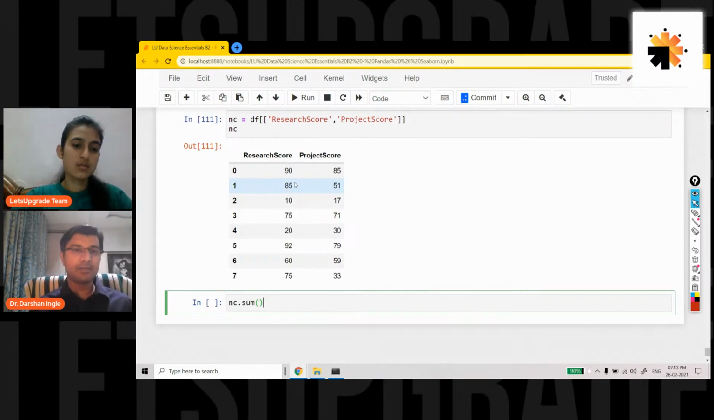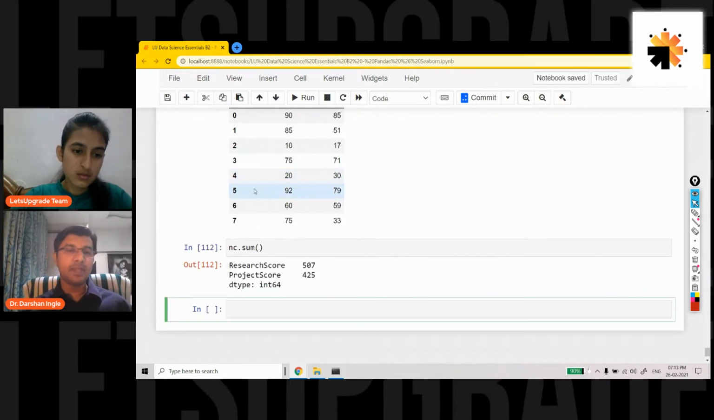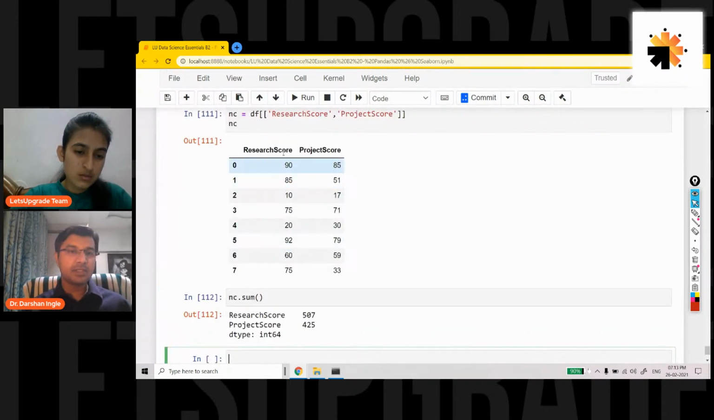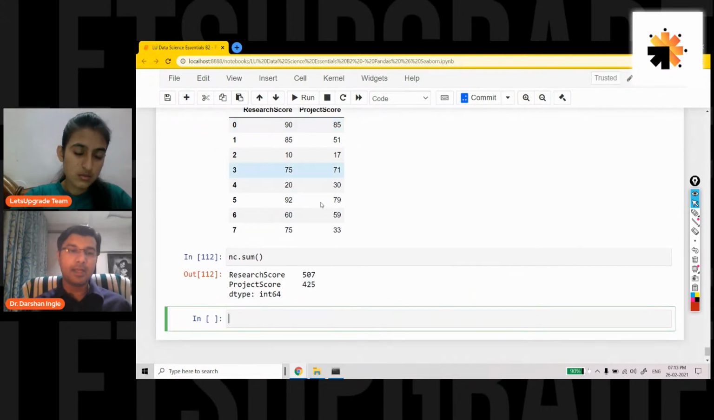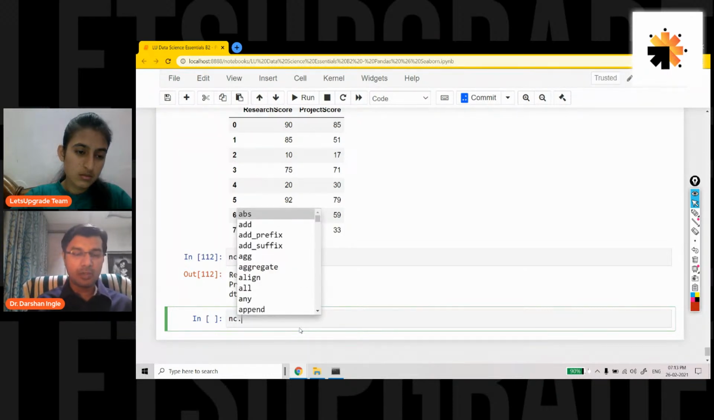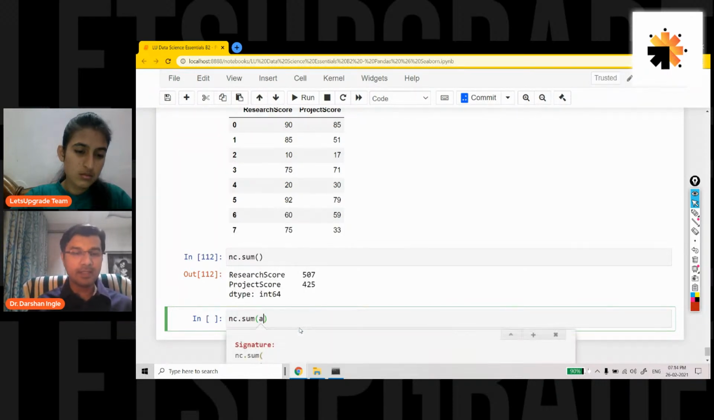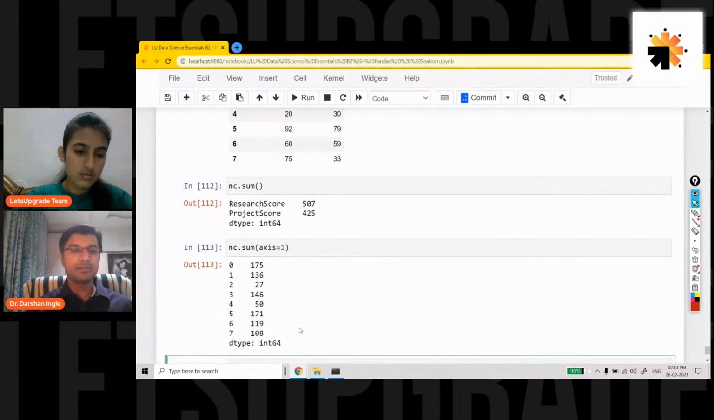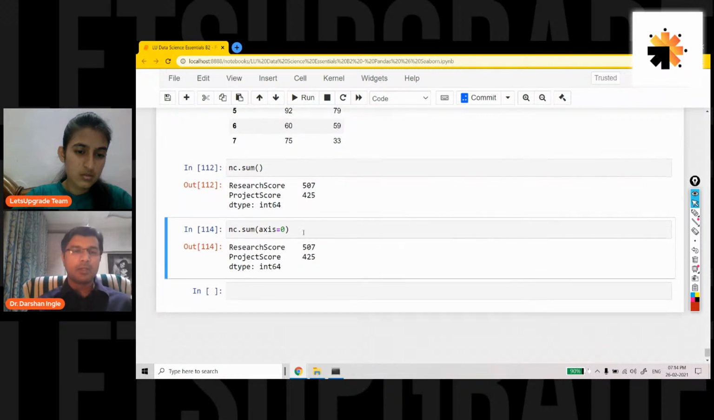Okay, now observe over here something very interesting. If I say NC dot sum, it is going to tell me what is the sum of this research score column and project score column. Number one. Okay. Then if I say NC dot sum, and this time I say my axis is equal to 1. Let's try to observe the difference. Well, oh, it's something weird. Wait a minute. Let's try with 0 first. Okay. If I say,